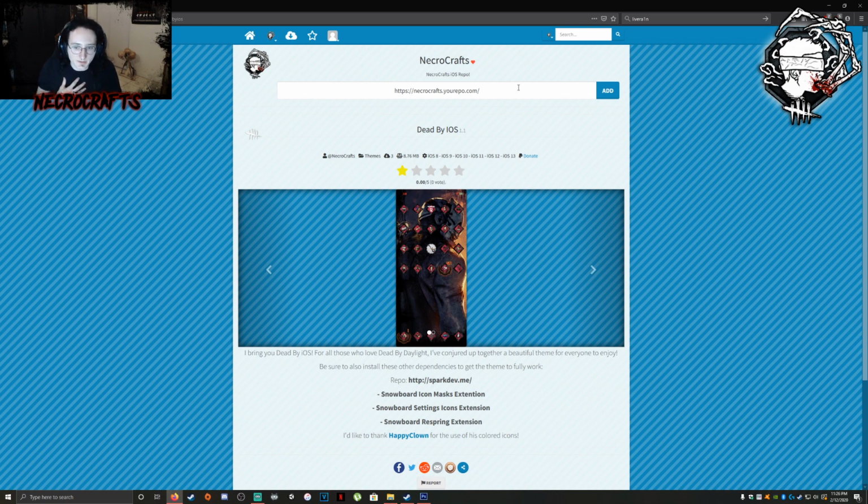I personally use Cydia still. You guys might use Sileo, I don't know, but my repo is right here, so you'll basically add this in your sources, necrocrafts.yourrepo.com, and then you will see that the theme has been added into the changes tab, and it gives you a little description,